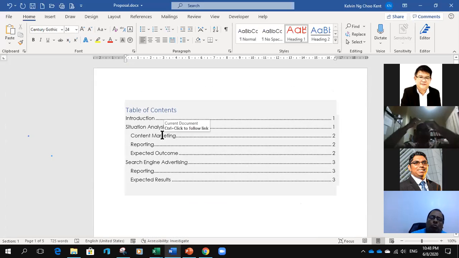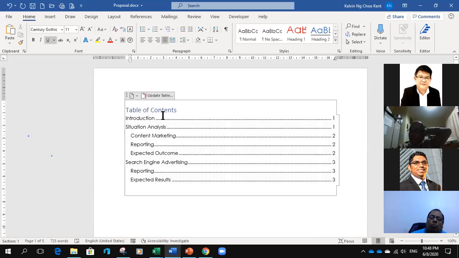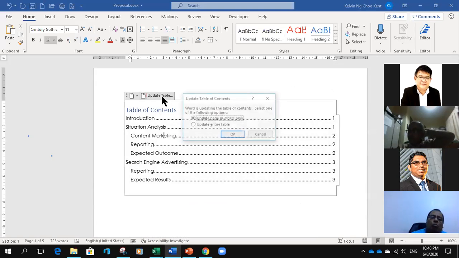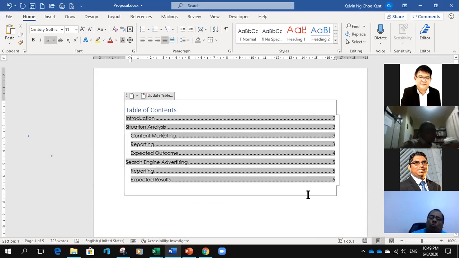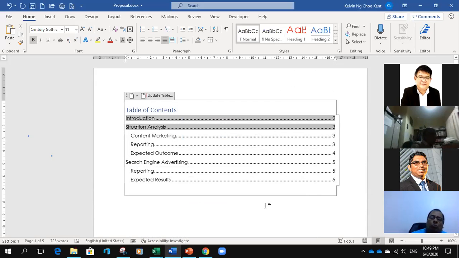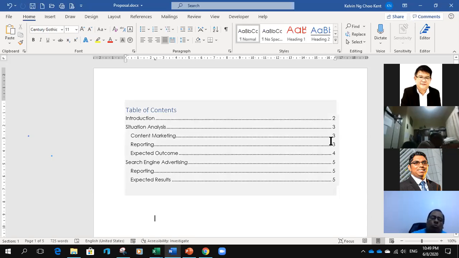So what I need to do is I just click anywhere in my table of content, I just click update. Right? I just want to update the page numbering. So the numbering is done. Okay, so for those of you who are preparing for your studies, like your degree or your master or your PhD, if you're going to write your thesis, you're going to write your articles, so please use this to help you. Right? The boxes will not appear if you click outside. They are just like this. Nicely done, and you have your page number.